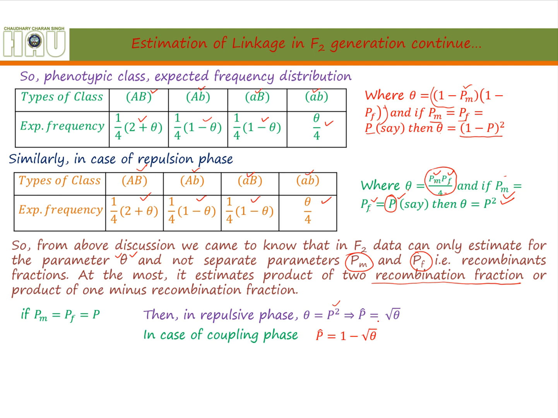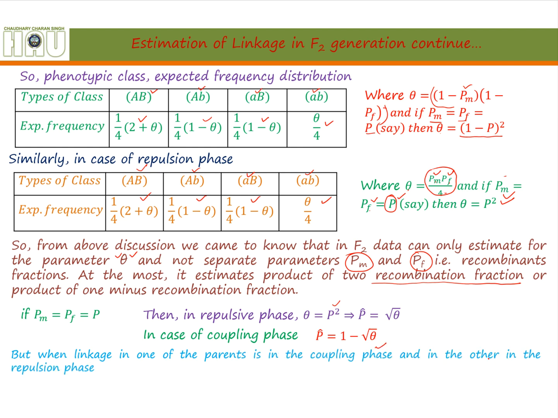But when linkage in one of the parents is in the coupling phase and in the other in the repulsive phase, then what happens? If linkage in one parent is in coupling phase and the other in repulsion phase, how will you estimate the theta? Then we have theta is equal to